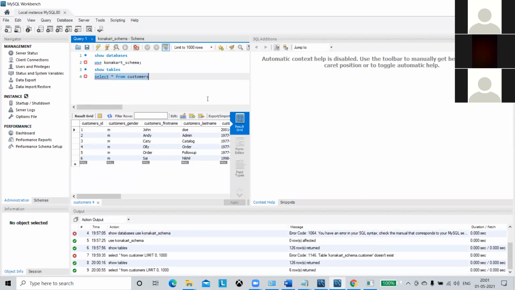Now you can see that user ID is created in this Konakat underscore schema, and you can practice all these queries, show databases, use, switch to that database and show tables, and run whatever query you want on any of these tables. You have 126 tables. If you are interested in SQL, you can try inner joins, outer joins, and all those queries. You can create views, create stored procedures, and execute stored procedures.